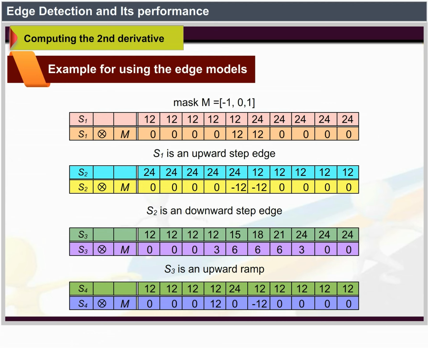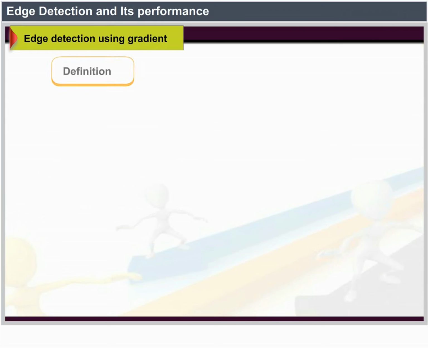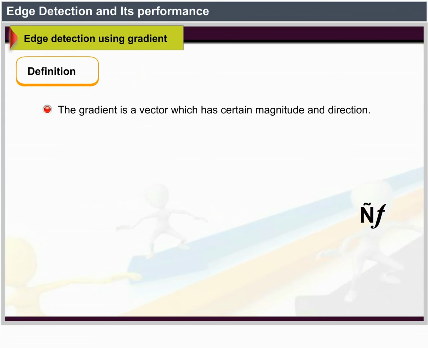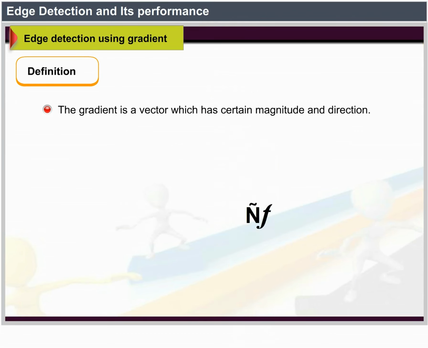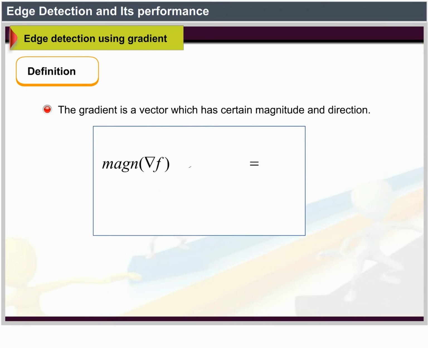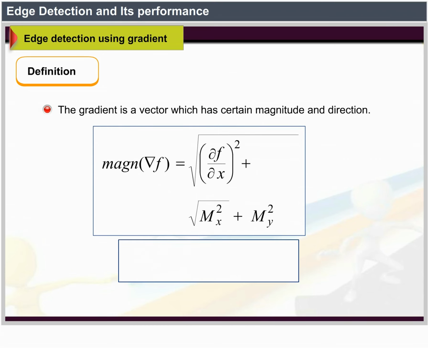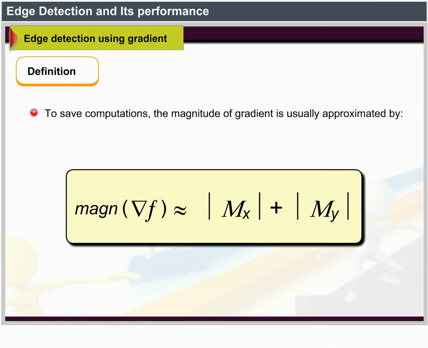Edge detection using gradient. Definition: the gradient is a vector which has certain magnitude and direction. Del f equals dou f by dou x, dou f by dou y. The equations for magnitude and direction of del f can now be seen. To save computations, the magnitude of the gradient is usually approximated by